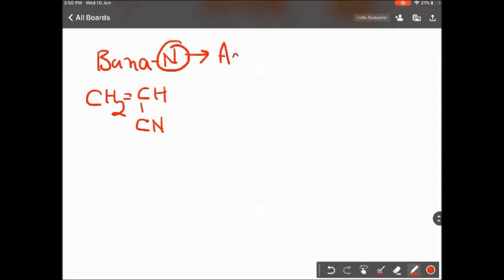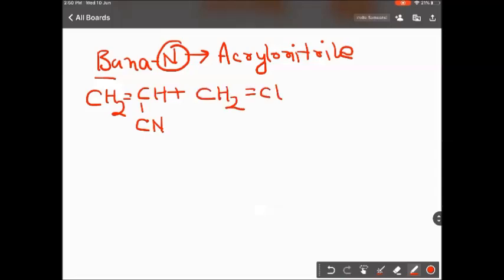So this gives us the idea that acrylonitrile is one of the monomers. Bu means butadiene, so it combines with butadiene molecules. So a large number of such molecules may combine to give us